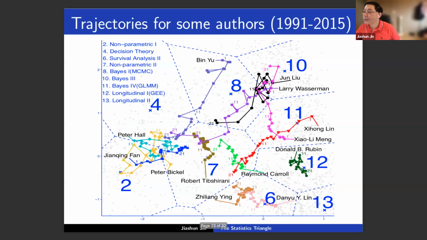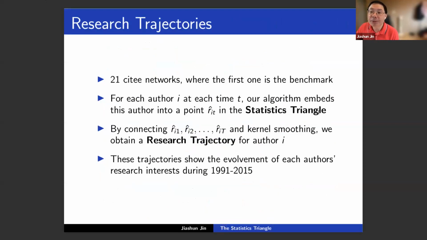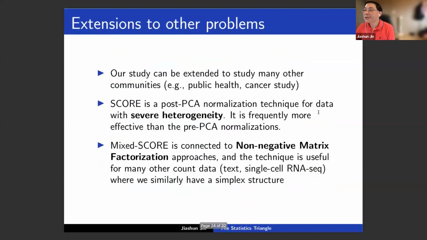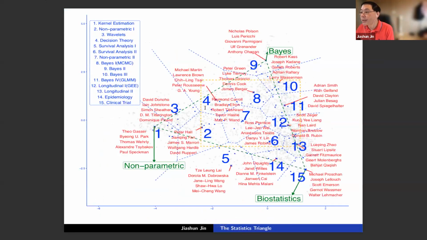So this is a snapshot, the last snapshot of the trajectory. Excuse me, give me a few more minutes to wrap up. We have shown you a research statistical triangle. We have shown you a research map, where every gray dot represents an author. If you write all these points as a convex linear combination of the three vertices we estimated, that represents the estimated research interest of the author.